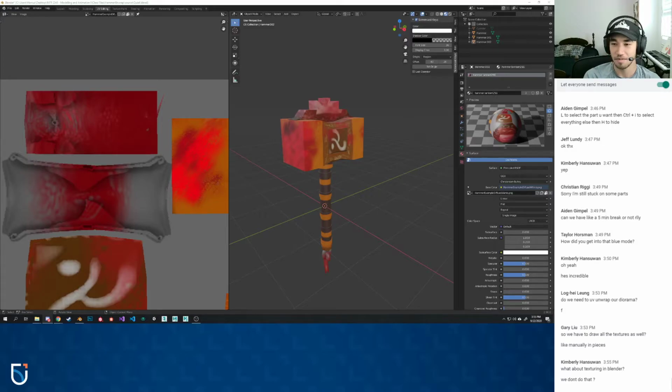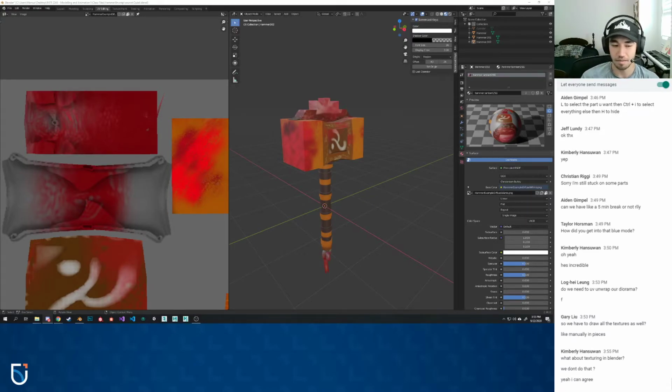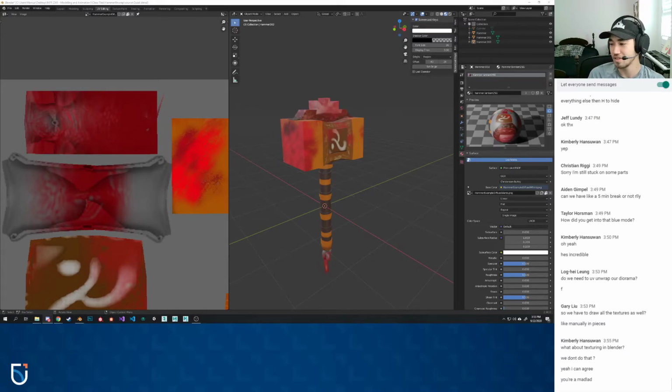Texturing in Blender. Possible, just not great. The tools just aren't there. I've done it. Like that stump model I just had pulled up, I textured that entirely in Blender. So it's possible entirely, but it's just better to use Photoshop. I wouldn't say it's quite bad, and I know there are really good Blender artists out there